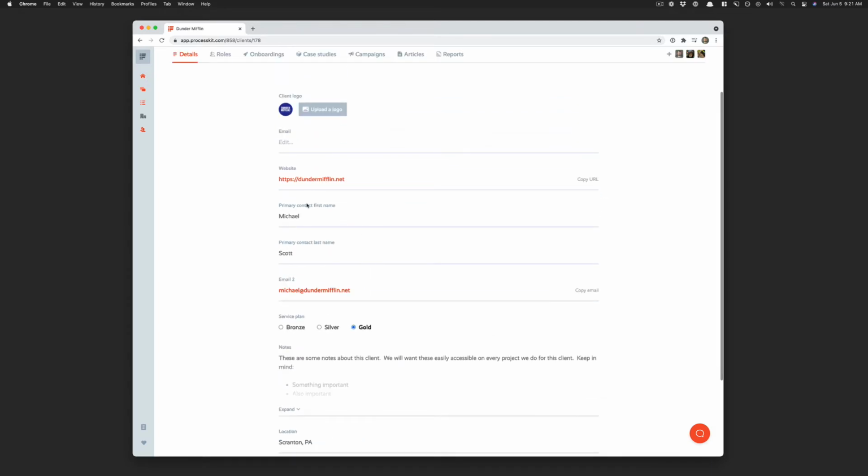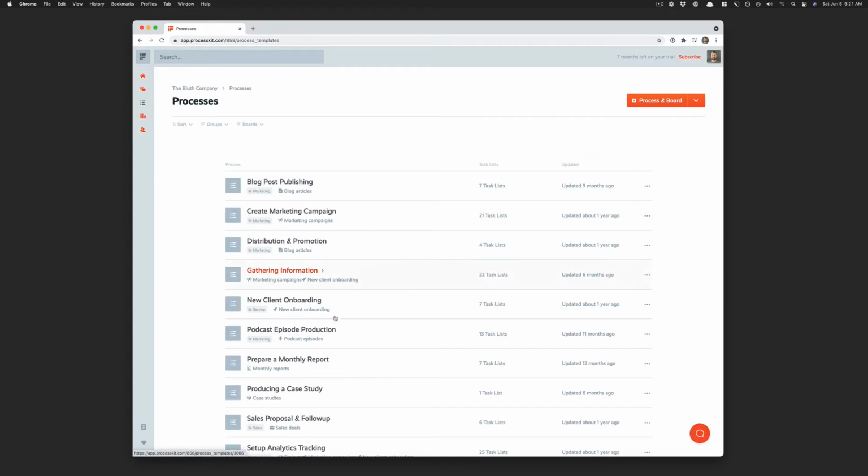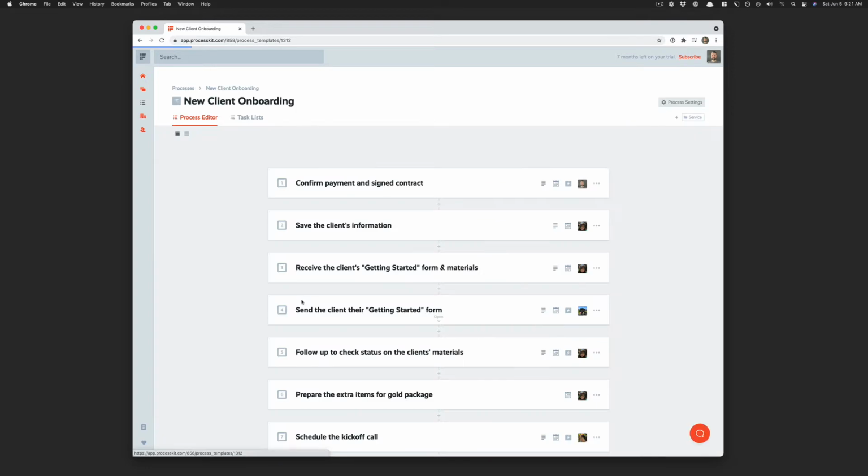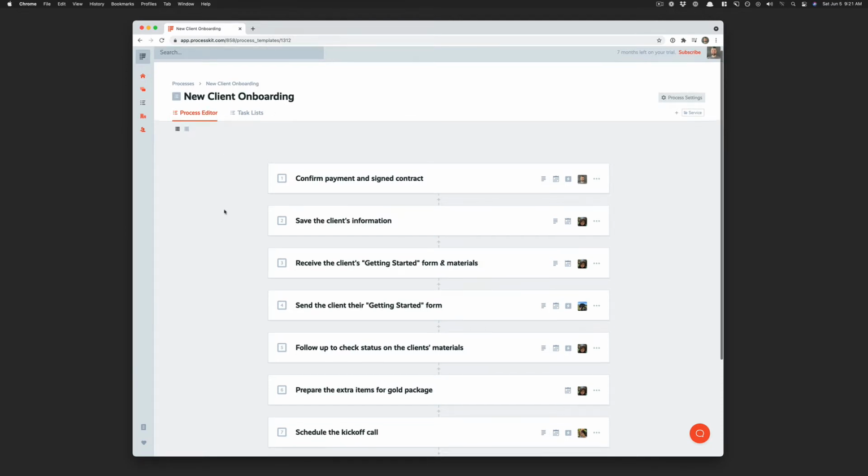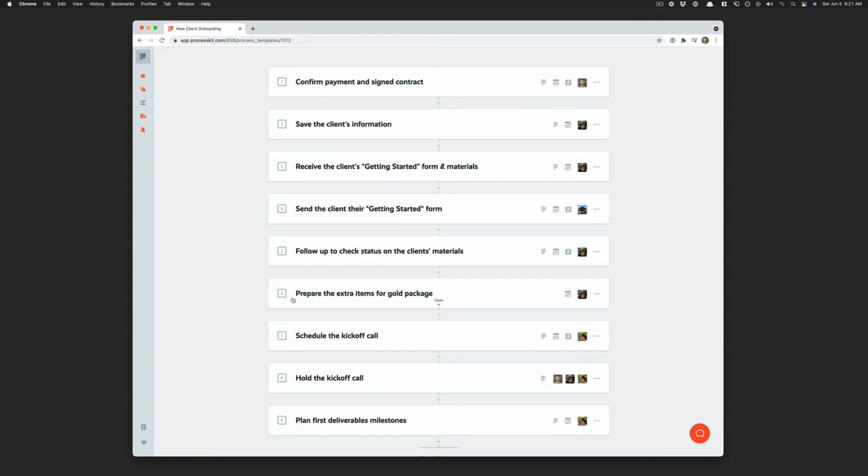And so we have a process where one of our steps in the process should only apply to clients who are on the gold package. So how do we handle that? Here is our new client onboarding process template. I'm going to go down to step 6. It's called prepare extra items for gold package. We don't even want to see this task if the client that we're onboarding is on any other package